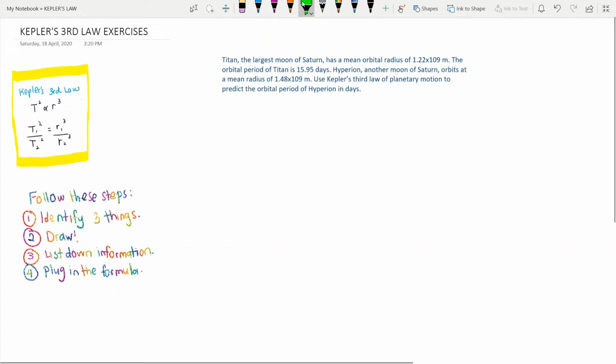Okay, so dalam kes ni, kalau kita baca soalan dia, Titan, the largest moon of Saturn, has a mean orbital radius of such. The orbital period of Titan is such days. Hyperion, another moon of Saturn, orbits at a mean radius of such meter. Use Kepler's third law of planetary motion to predict the orbital period of Hyperion in days. So this time kita nampak term-term yang maybe kita tak berapa familiar, tapi it's just actually a twist to the